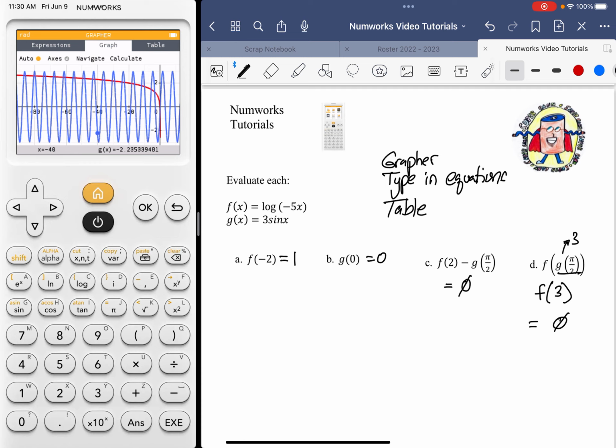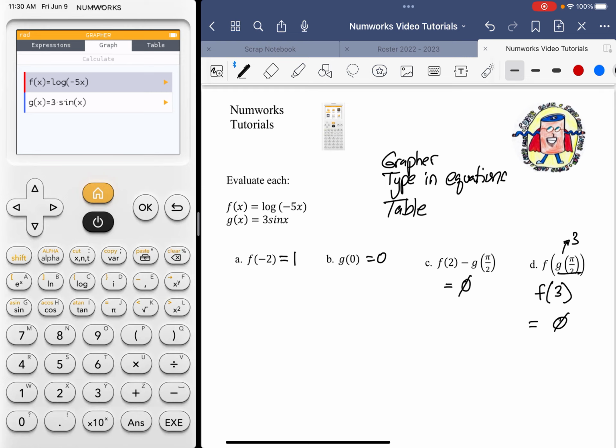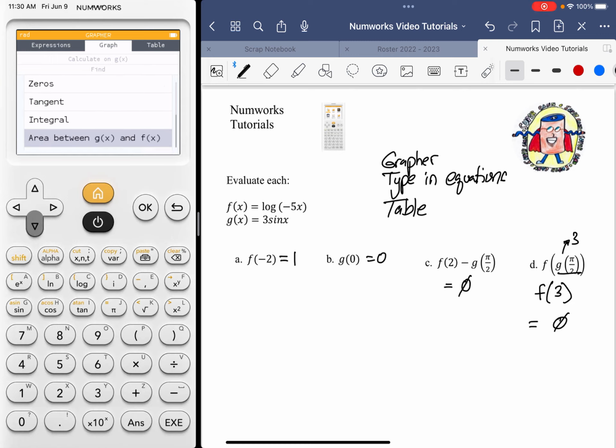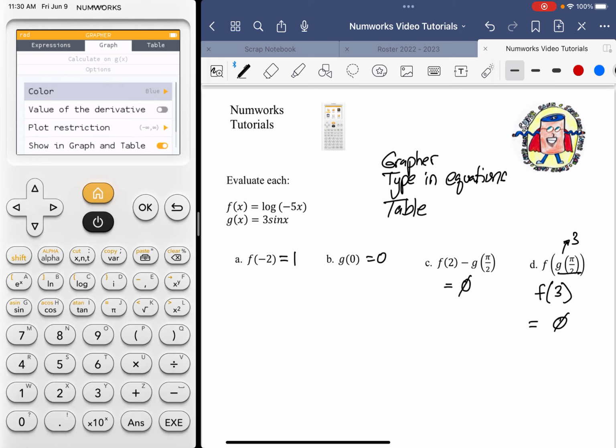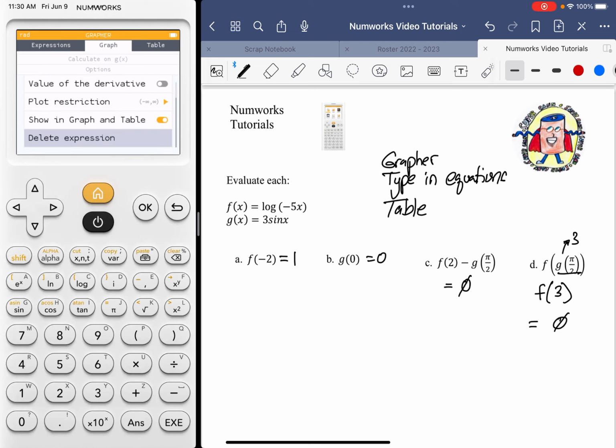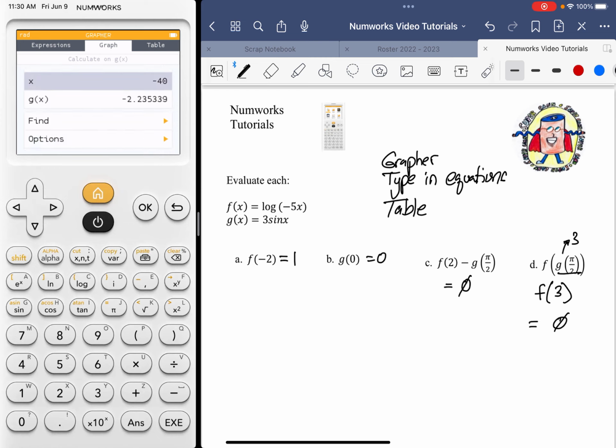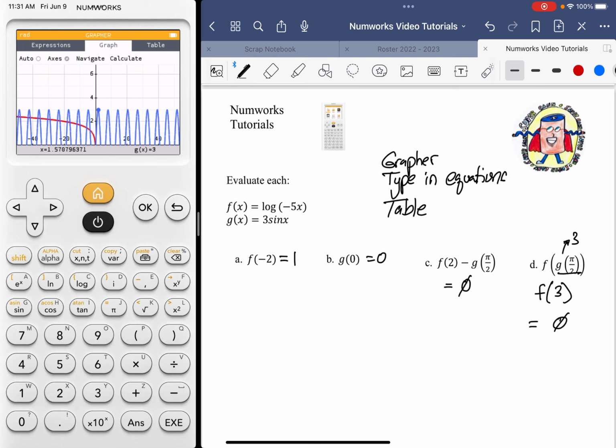So if you're on the right graph, you see you have the different options. You can hit the up and down arrow to toggle back and forth between the graphs. Now, if it's a nice clean number, you might be able to scroll to it, but I'm going to go to calculate. And for the G function, you see the option find x given y, find intersection, find minimum, maximum, zeros, and so on. You have options, I'm not really going to get into derivatives here, but that's where you'd find that. Or you could just type in this case for x, pi over 2, hit enter, and hit